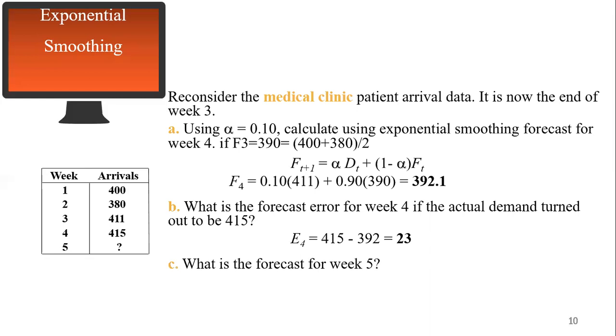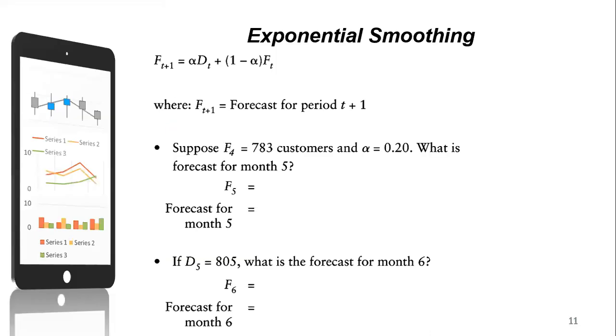Can I do the same for the forecast for week 5? Yes, you can do it by using the same approach and finding the 394. Sure, you have to approximate it because we will have a whole number here. So after we did the exponential smoothing, you can calculate the